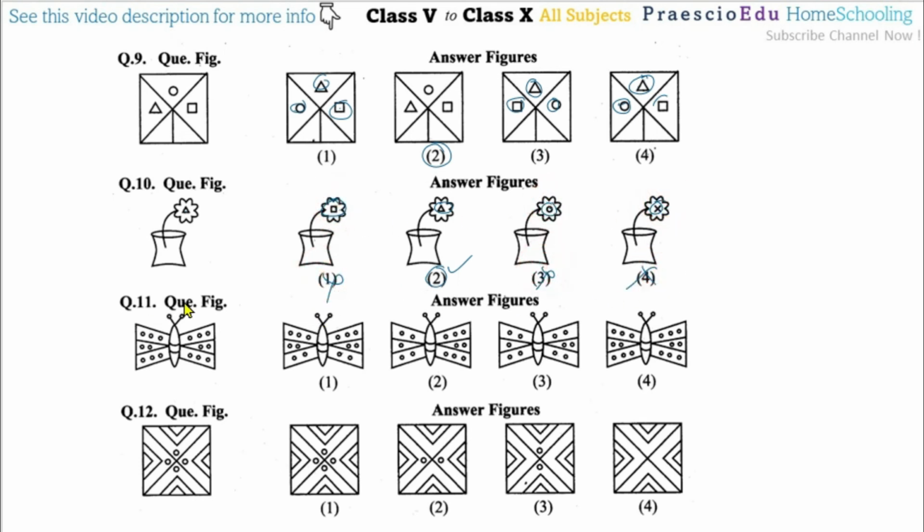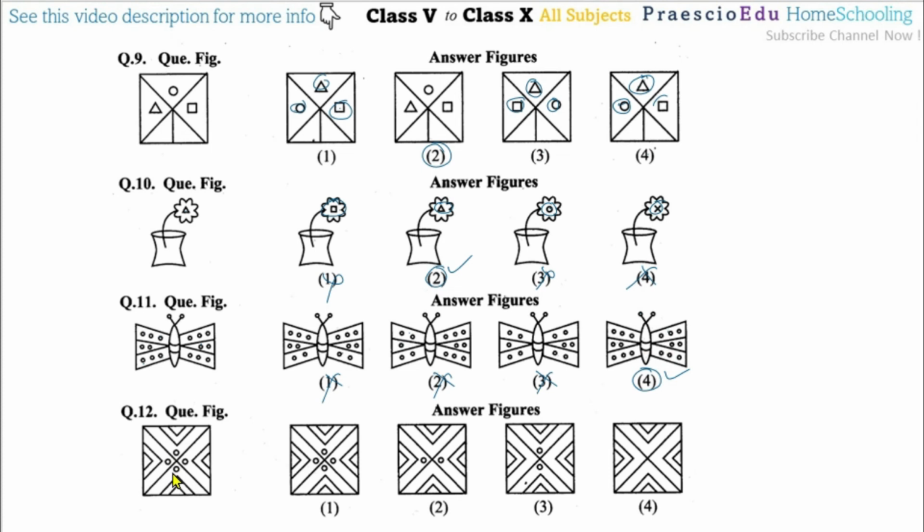Okay. Now question number 11, something butterfly like shapes, and here three dots, then two, and then three. Okay, so here 3 2 and 2 is here, so that's why option number 1 is not here. 2 1 2, option number 2 also not, then option number 3 also not, then option number 4 3 2 and 3, and if you observe all the parts, so we are getting option number 4 is the correct one.